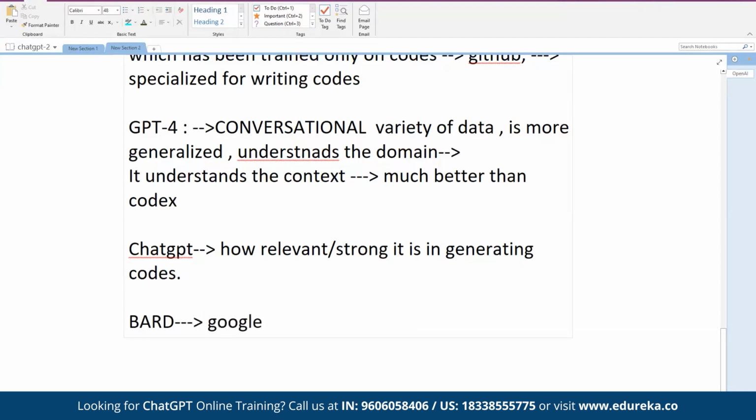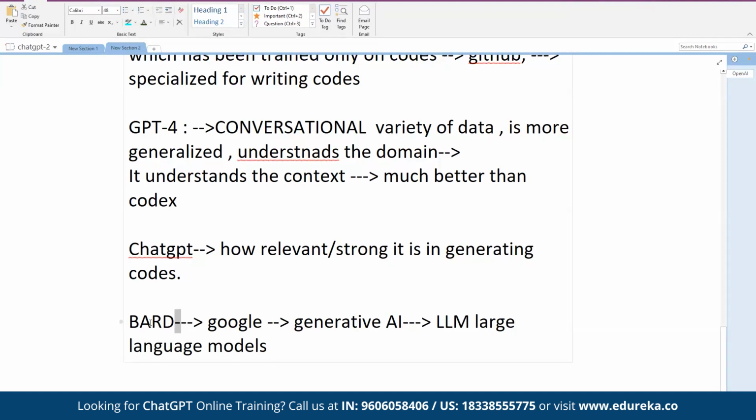In fact, many companies are doing that, and these are called generative AI models. You will also see a lot of the term LLM being used, large language models. ChatGPT is one of them, and Google has already released Bard. I have utilized both. I feel ChatGPT is mostly better compared to Bard at this point of time.